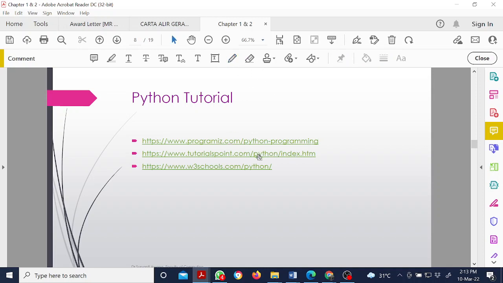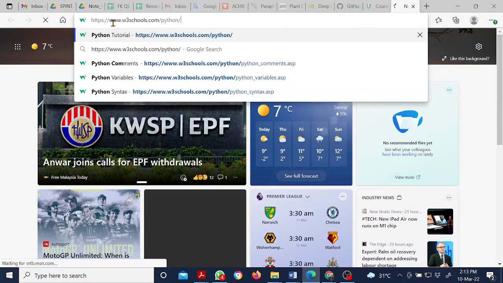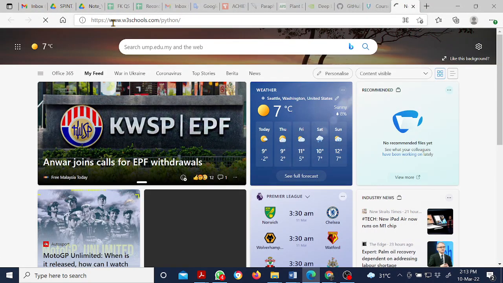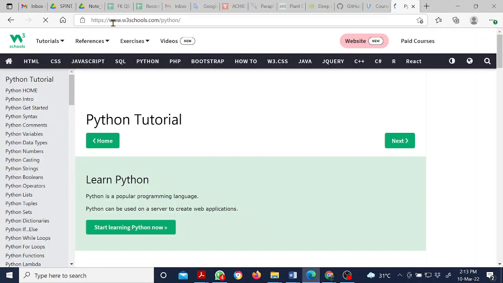Okay, so saya tunjuk. Let's say saya pergi yang ini sebab last semester saya tak tahu pula, rupa-rupanya ada student yang tak tahu nak guna tutorial. Okay, so you just go to this tutorial portal. Okay, you can click here. Okay, there are many